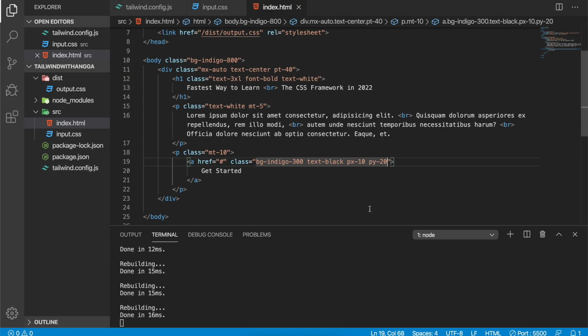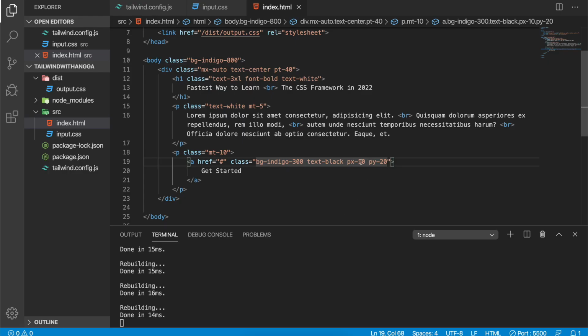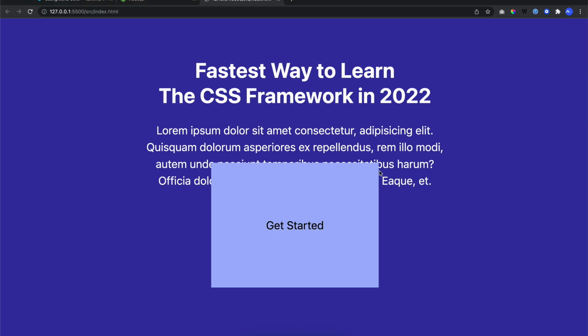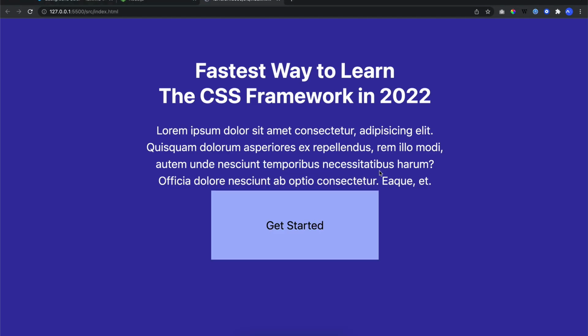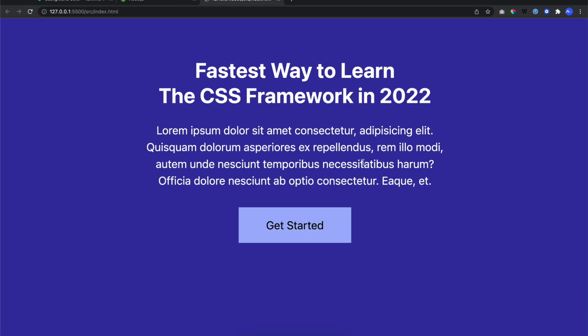See, this is just too big. So px maybe 20 and py maybe just 10. No, this is too big. Okay, this is enough. And maybe px just 10.